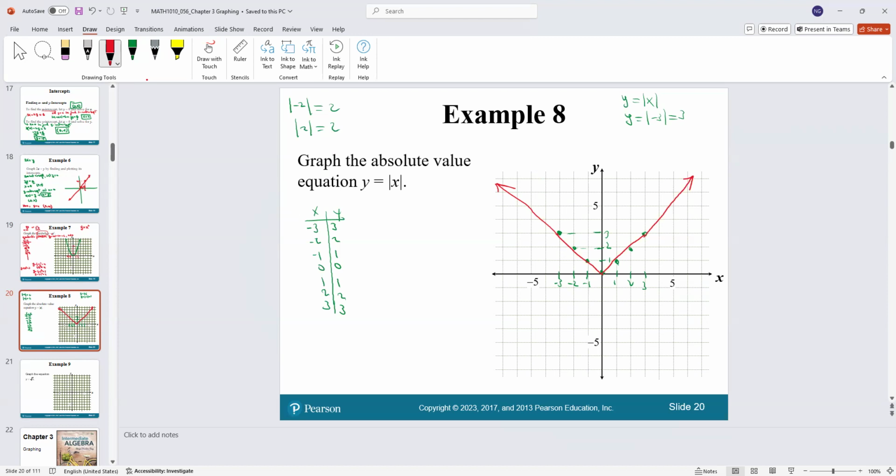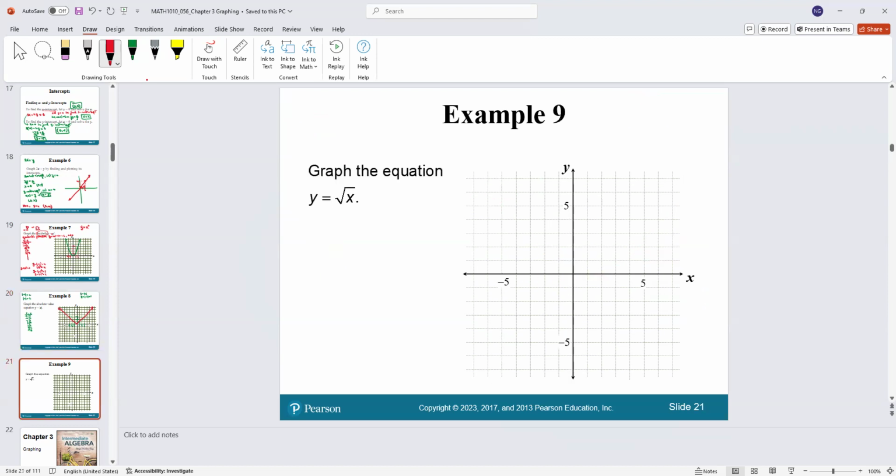Now, some other graphs you might see, and we can just plot points if they ask you to graph square roots. That's another non-linear equation you can graph. What numbers can I take? Negative 3, negative 2, negative 1, 0, 1, 2, 3? No, I cannot take any negative numbers here because the square root of a negative number is not a real number. So I'm going to take only non-negative numbers, like 0,